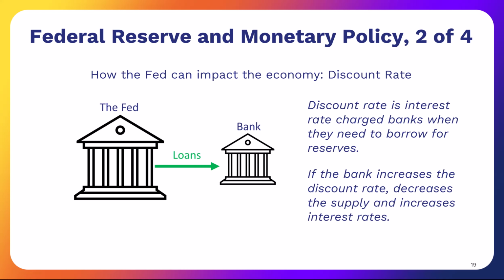So how does that actually work? Again, if the Fed increases interest rates, banks have an increase in their cost of doing business. They pass that on to us. So now it's more expensive for us to borrow money, which means we'll be less likely to want to expand our business or our product lines because now it costs too much money to do that.